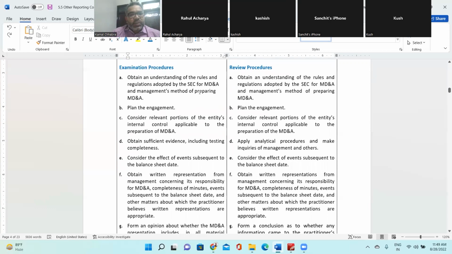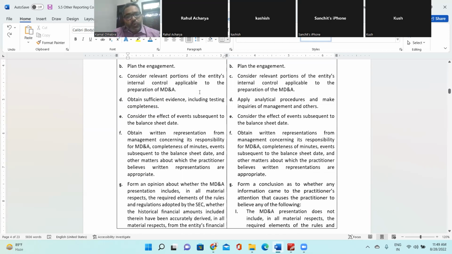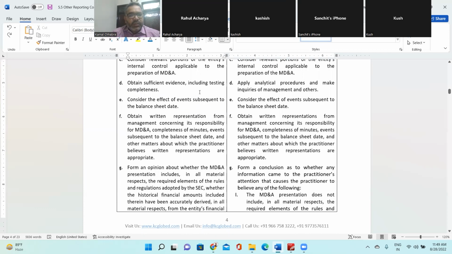But what examination procedures will you be performing to achieve reasonable assurance to provide an opinion? First one is to obtain an understanding of the rules and regulations adopted by the SEC for the MD&A, right? Second is planning of the engagement. Third is to consider the relevant portion of the entity's internal controls applicable to the MD&A. Obtain sufficient evidence, including testing of completeness. How do you obtain sufficient and appropriate evidence? By inquiry, observation. What else in addition to that will you do? Inquiry, observation,